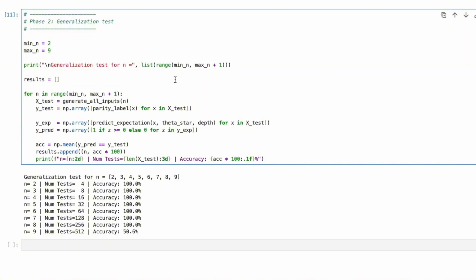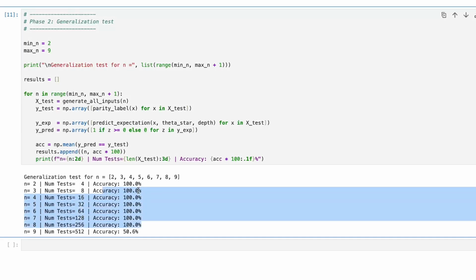From the results, we see that for n equals 2 up to n equals 8, we achieve 100% accuracy. That means for every possible input, the model gives the correct output. Starting at n equals 9, however, the performance drops to around 50%. In practice, this means the output is essentially random. I would also like to point out that this is actually quite remarkable. We only trained on 8 inputs of length 3, yet the model correctly predicts 256 inputs of length 8 with